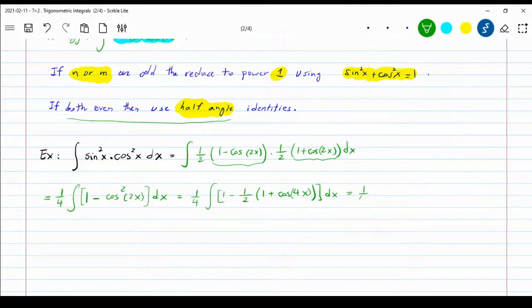Okay. So you still have 1/4. I'm going to simplify the inside. You have 1 minus 1/2 times 1 is 1/2, so 1 minus 1/2 is simply 1/2. And you would have minus 1/2 times cosine 4x, so minus 1/2 times cosine 4x dx. And make sure to put a bracket so the dx is multiplied by everything. Okay, 1/4 is outside. Integral of 1/2